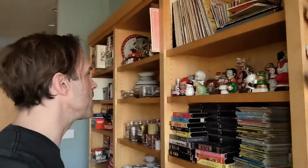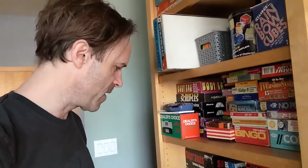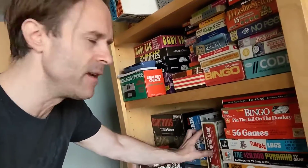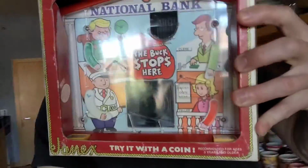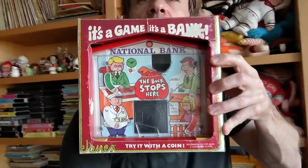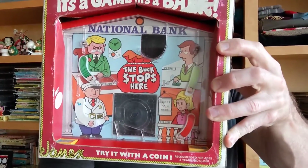And then the last thing I got is something that I swear I had one. I really think I had one because it was very recognizable and it's pretty nifty. And again, it's a bank. This one's still in the box and I'm not entirely sure if it needs to come out of the box, but it's a game, it's a bank. The Buck Stops Here. So what you do is in the top,